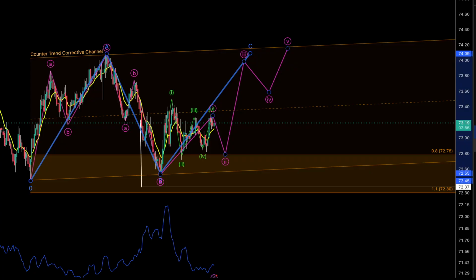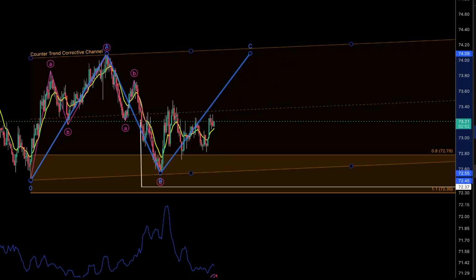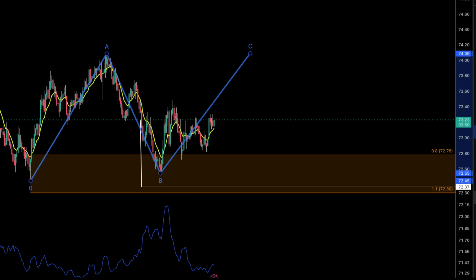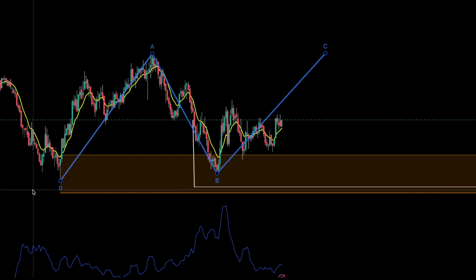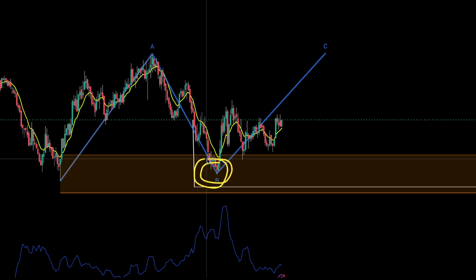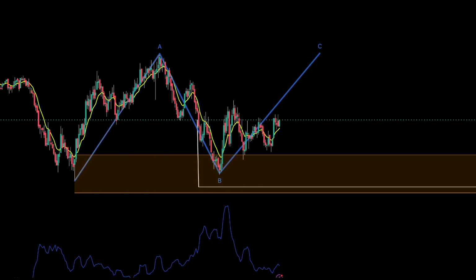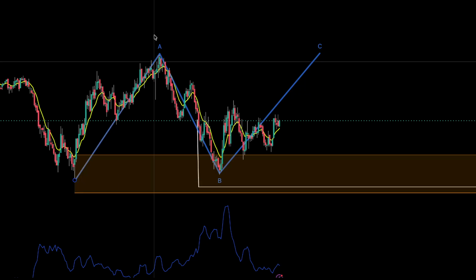Let me take away these smaller ones, because you got the point by now. You can always rewind the video. So what I think is forming is ABC, a flat. I've already got a good turnaround right here in this zone for a flat, and it's not guaranteed. But if we do the extension measurement